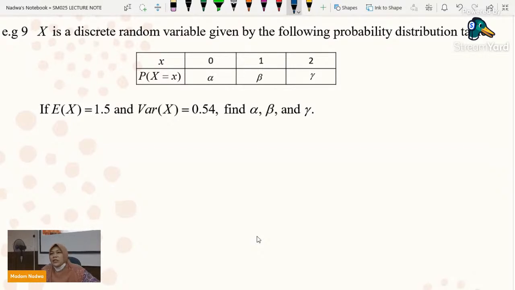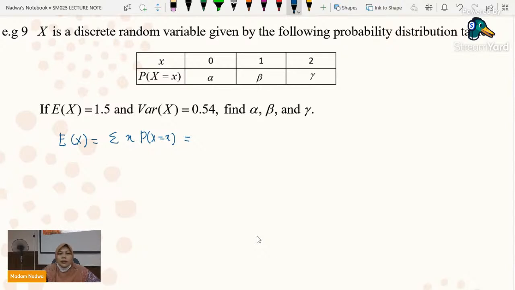So ini adalah soalan reverse process. Sama ada kita tahu atau tidak macam mana nak gunakan the formula for expectation dengan variance untuk dapatkan probability ni. So don't worry, always start with the formula. We know that EX is equals to summation of X times P(X equals x). So this is the formula. You won't get any mark for writing this formula, but you will get marks when you substitute the value into